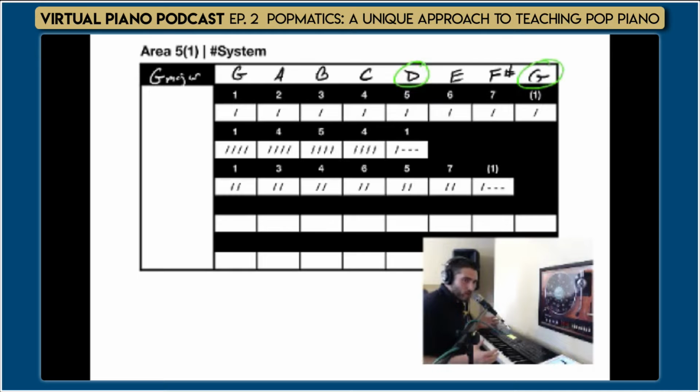All I'm really trying to get them to do here is associate the number and the distance between those notes. Once they understand the shape of the scale, they know which notes they're not going to be pressing. I usually start this example in C, just because they don't have to worry about any black keys. Then from here, I just keep expanding it. There is a reason that the numbers are in the order that they're in. I'm not going to get into all of that right now because it would extend too far.